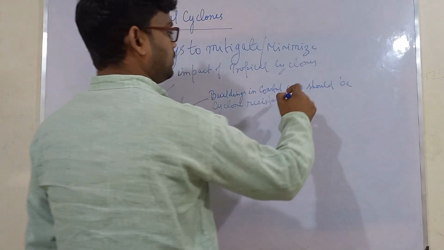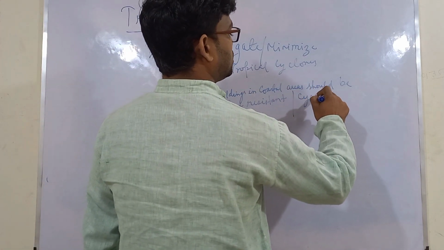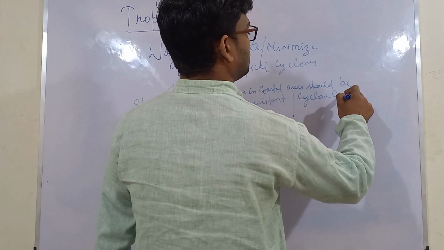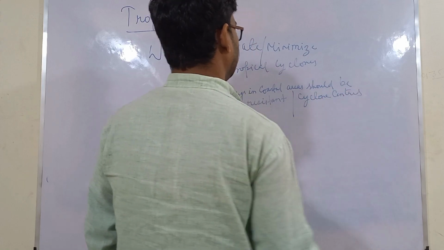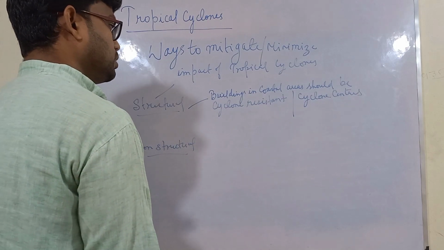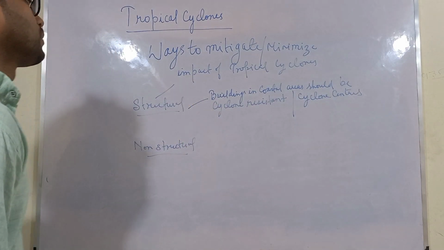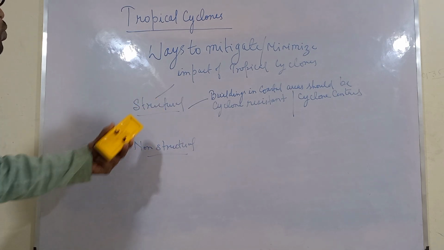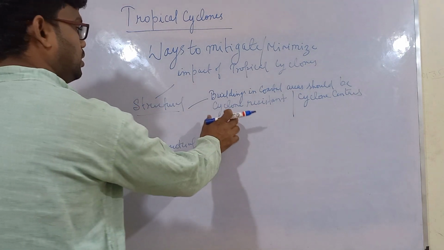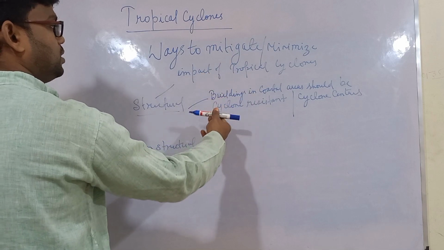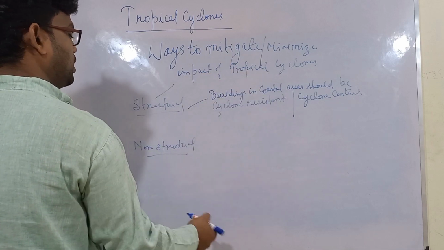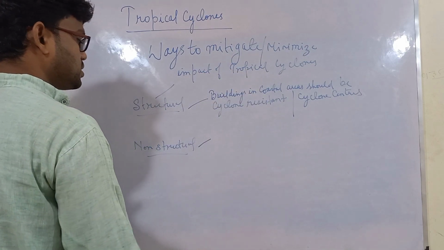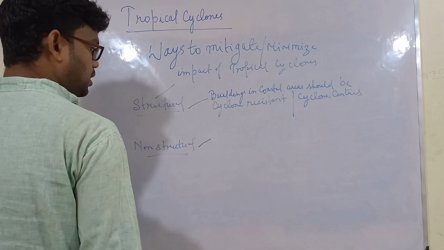Then we have to make cyclone centers; this is another structural way. Similarly, two or three more things you can write under structural, that is, how to mitigate tropical cyclones. Similarly, in non-structural, what we can write is